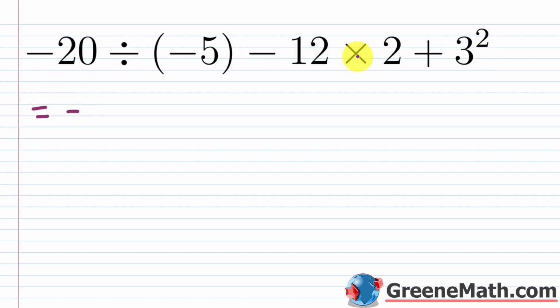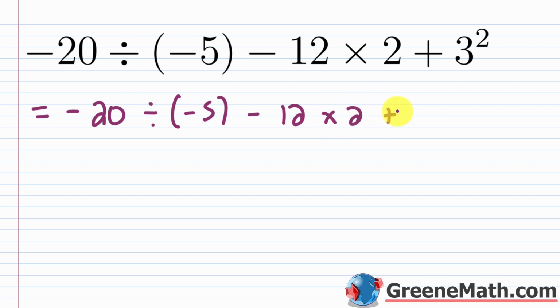Let me copy all of this. So -20 divided by, you can wrap this or not wrap it. I'm just going to wrap it for clarity. So divided by -5, then -12, and then times 2, and then plus. So 3 squared is 3 times 3. That's going to be 9. So we've taken care of the exponents. And now we want to move into the multiplication or division. So let me write this one more time,